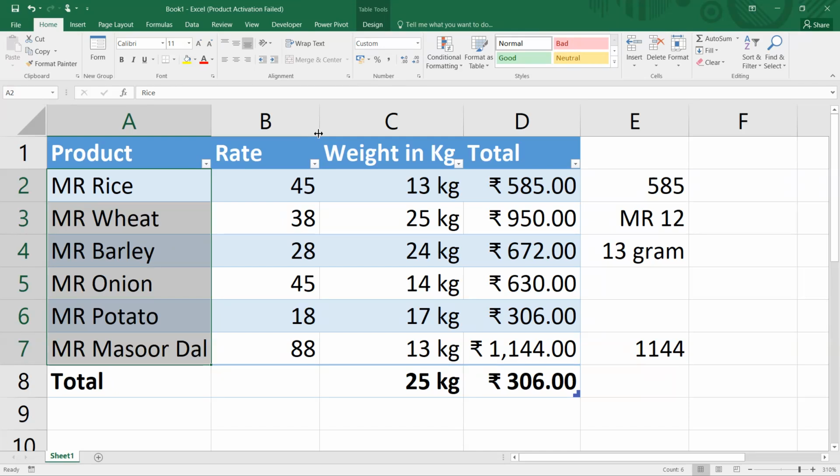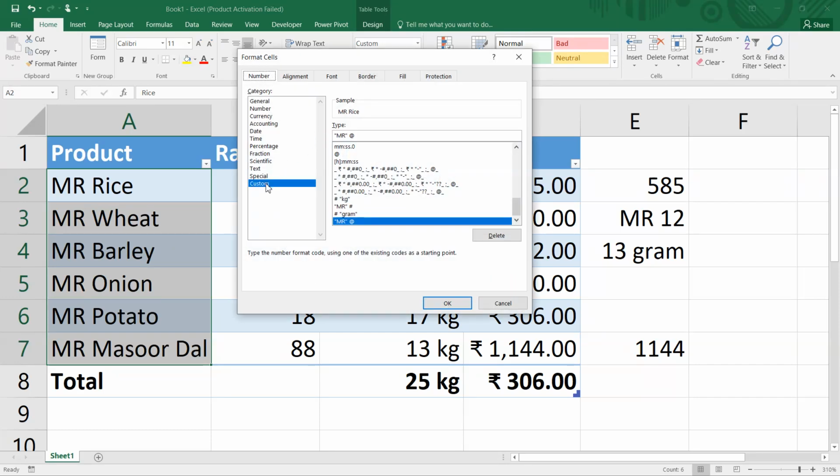So what you can do is simply select those ranges of cells and go to the Format Cells dialog box, and this is Control 1 for the Format Cells dialog box, and under Custom you can enclose within quotation marks anything which you want to print. So I want to print Mr. It can be anything else. So anything which I want to print will be enclosed within double quotes followed by the at the rate (@)